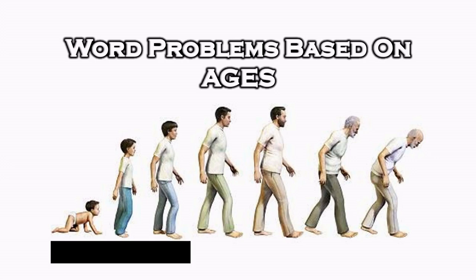So, we represent the unknown age with a variable, such as x. Then, we carefully read the statements given in the question and convert them into mathematical expressions. For example, if a person's present age is x years, then after 5 years the age will be x plus 5 years. Similarly, 5 years ago the age would have been x minus 5 years. By using such relationships, we form an equation based on the information given in the problem.